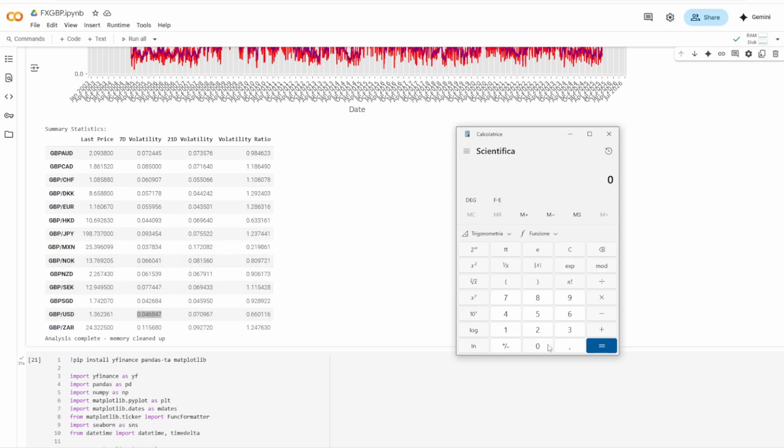So in order to know exactly the daily volatility that I have to add to the average value of the exchange rate, I will have to take the 0.0468 and divide it by the square root of 252, square root, yes, indeed. Okay, and I have a result which is 0.00295, which is approximately